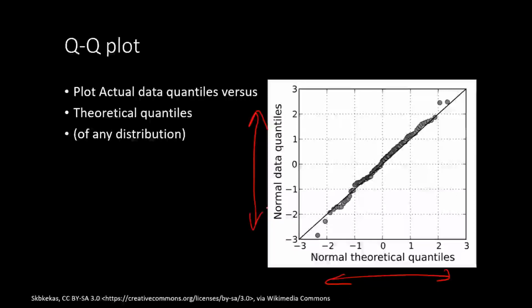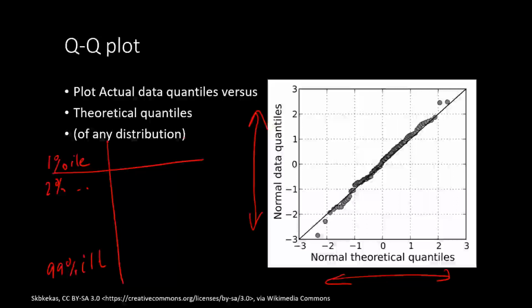So what that means is, let's say we are looking at 1 percentile, 2 percentile, and all the way up to the 99th percentile, and then we form a table. So this is the theoretical Gaussian,